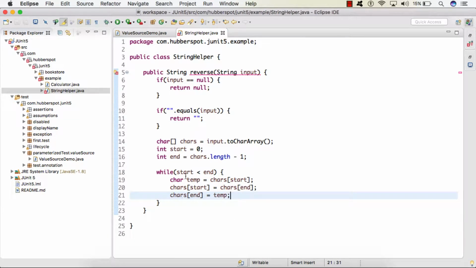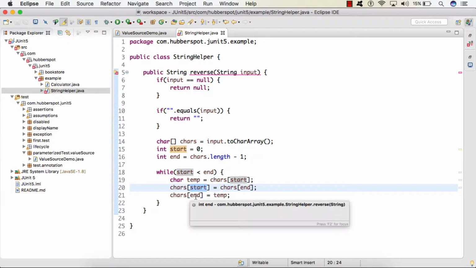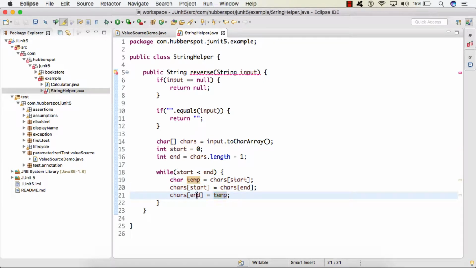So friends, here we are swapping these values by first storing the start value to temp, then storing the end value to start, and then storing the temp value to end.